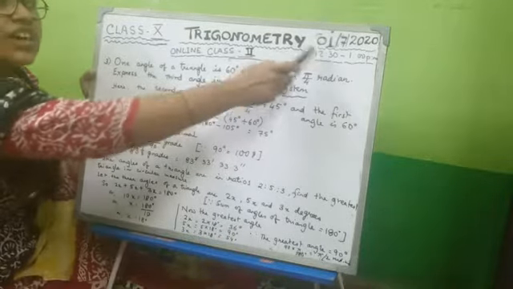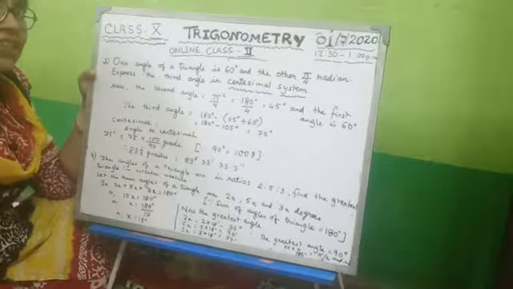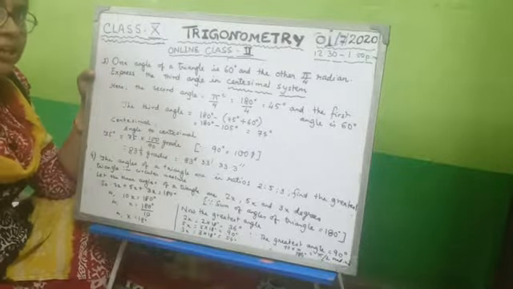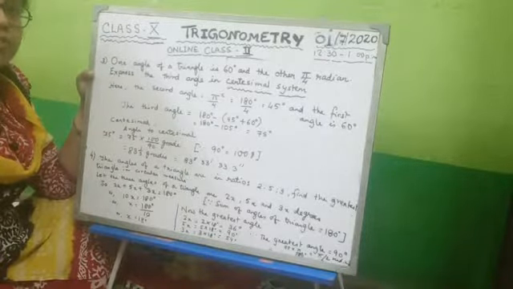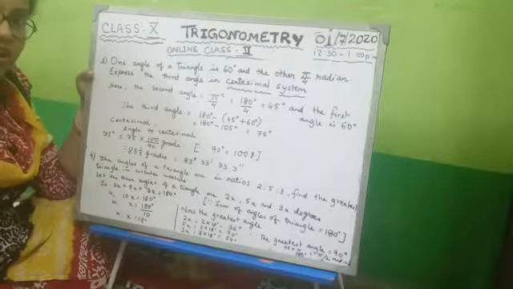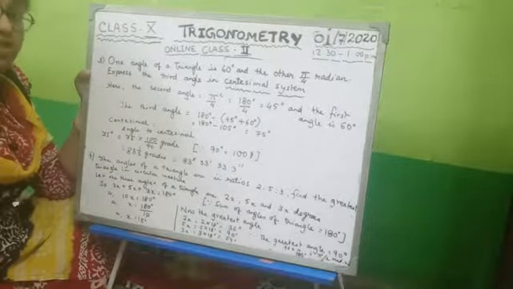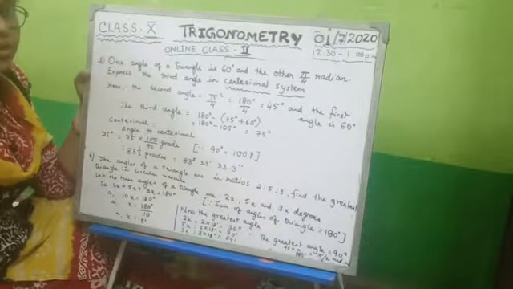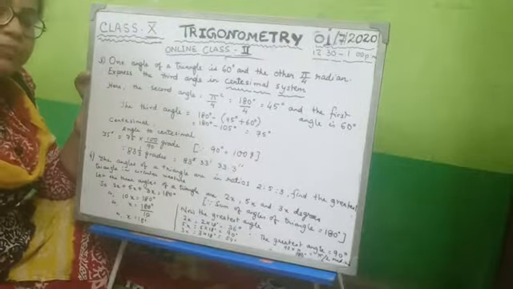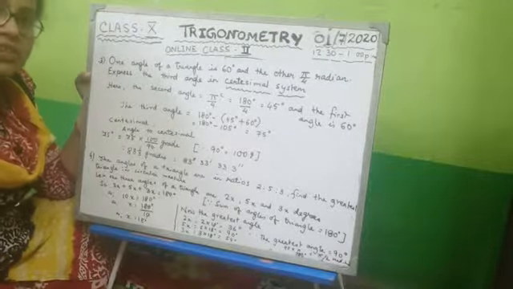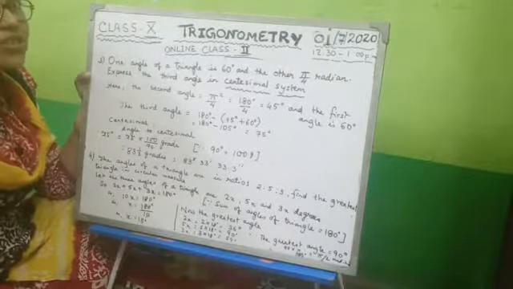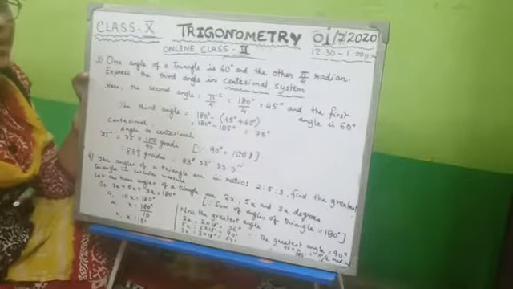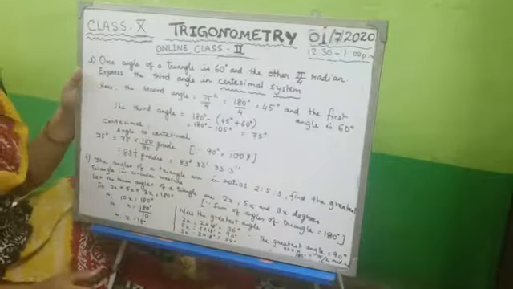Now, today is what date? Yes, today is 1st July. Can you tell me what is the importance of this day? Anybody? Yes, today is Doctor's Day. We pay tribute to the great doctor, Dr. B.C. Roy, Bidhan Chandra Roy. You should remember that. He was also very good in studies, that eminent personality. So we pay tribute to all the doctors, and Tuesday, 1st of July is considered Doctor's Day to show him respect.